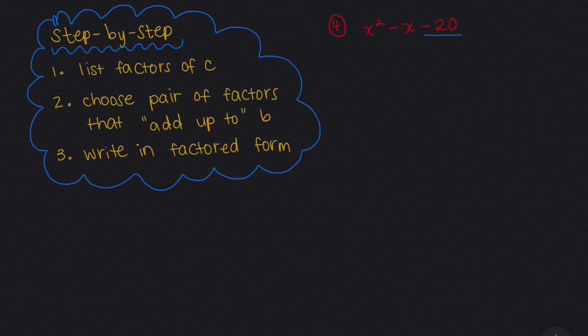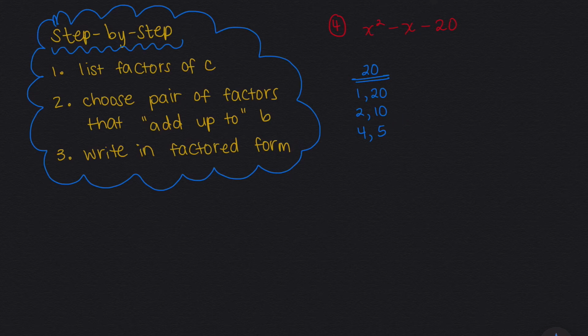In this case, our C is negative 20. However, when we list the factors, we don't need to consider the signs, at least not yet. We'll go in order like we did with the last question, starting with the number 1. 1 goes into 20, that's 1 times 20. 2 also goes into 20, that's 2 times 10. We'll check the number 3. 3 does not go into 20. And then 4. 4 is a factor of 20. That'd be 4 times 5. Notice the next number we check is 5. However, 5 is already on our list, and that's what lets us know that we're done finding all the factors